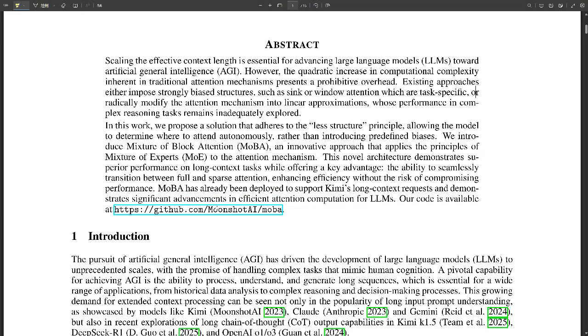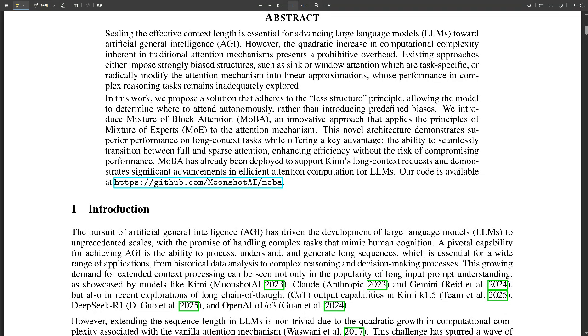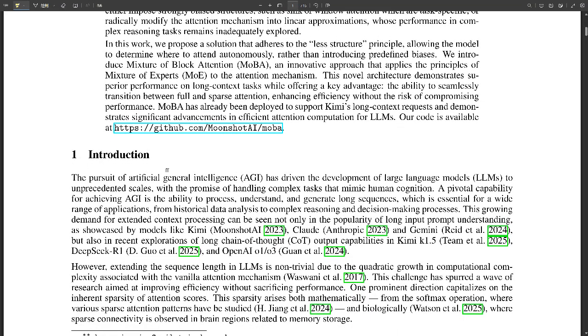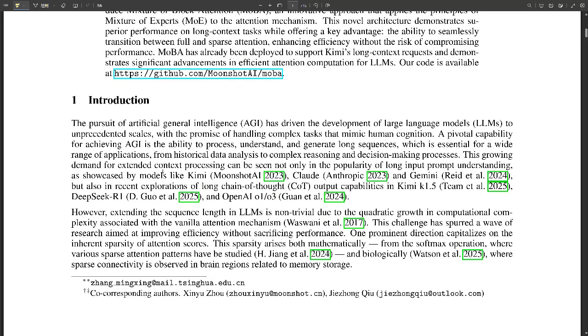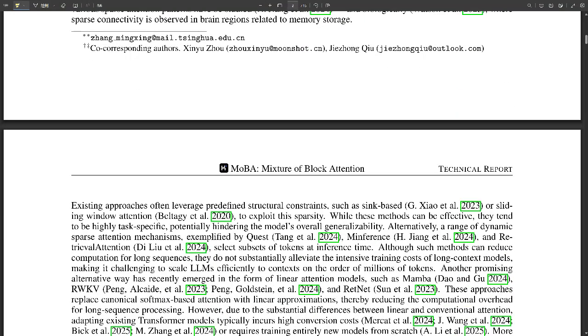So if we look at the executive summary, it says that MoBA improves the efficiency in LLMs. Okay. It dynamically selects relevant blocks for each query token. So it's like a smart filter. Exactly. It reduces computational complexity, transitions seamlessly between full and sparse attention. Making it super flexible. It's been deployed to support Kimi's long context requests. Which is a huge real-world test. Exactly. Now, if we connect this to the bigger picture, the traditional attention mechanisms just don't cut it. They can't. Right. Their quadratic complexity means they become wildly inefficient.